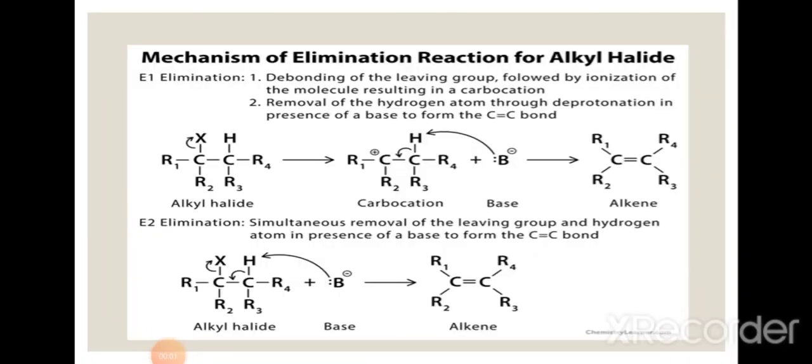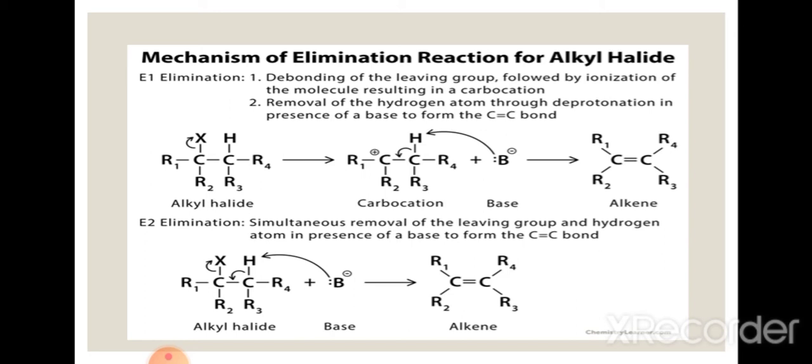Next is elimination reactions. These reactions involve the removal of atoms or groups of atoms from two adjacent carbons of the substrate to form a multiple bond. Elimination, as the word says, means a small molecule like H2O or HCl will be eliminated from the compound, and a single bond will be converted into a multiple bond such as a double bond. These reactions may be regarded as the reverse of addition reactions, that is, saturated compounds become unsaturated. The example is given in your book.